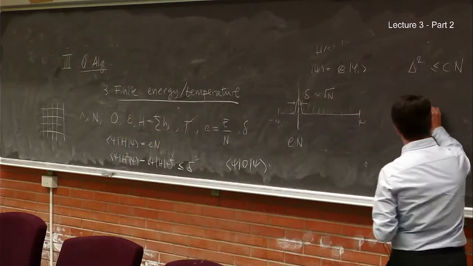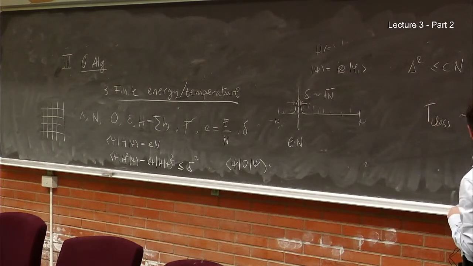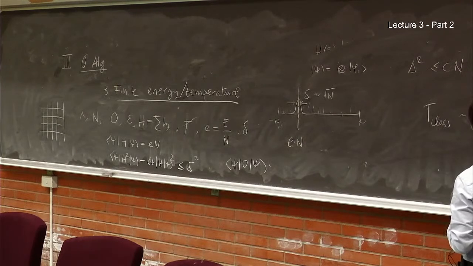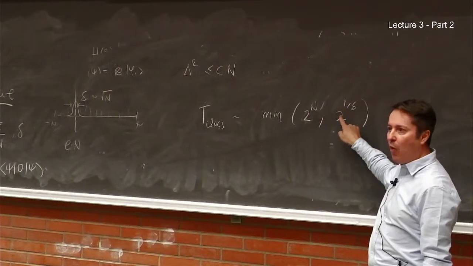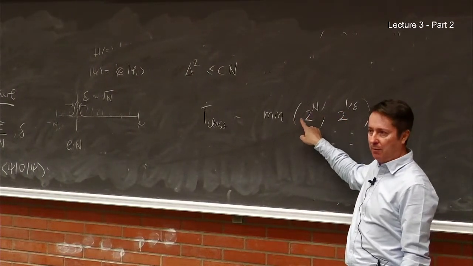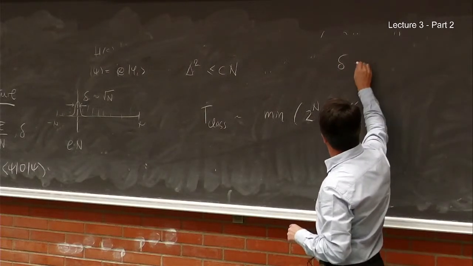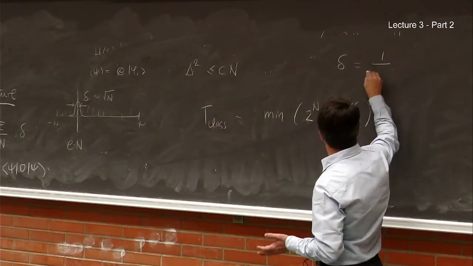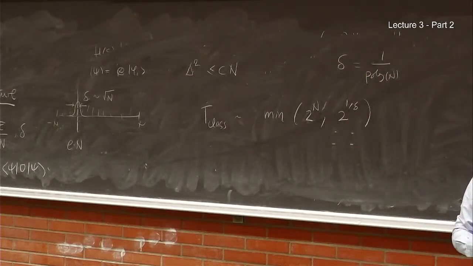And the computational time of the classical algorithm that solves this problem is the minimum of the exponential of n, let's say 2 to the power n, or 2 to the power 1 over delta. And so you see that if the delta is even of the order of 1, there can be a classical algorithm that solves that. However, if delta is of the order of 1 divided by n to some power, we call it poly n, then this is difficult with existing classical algorithms.